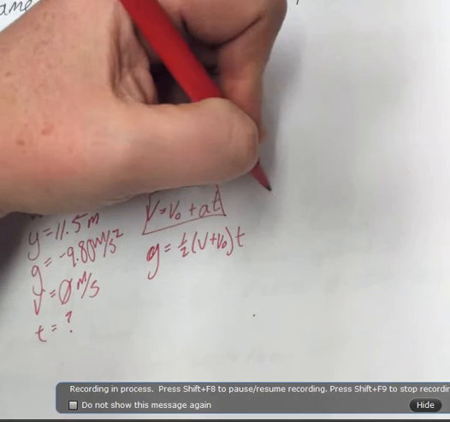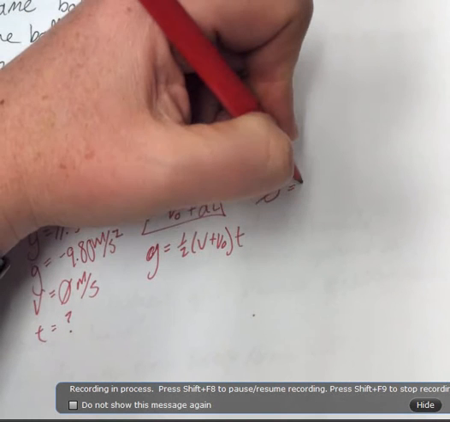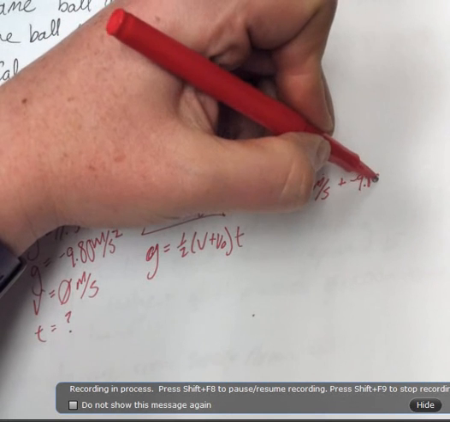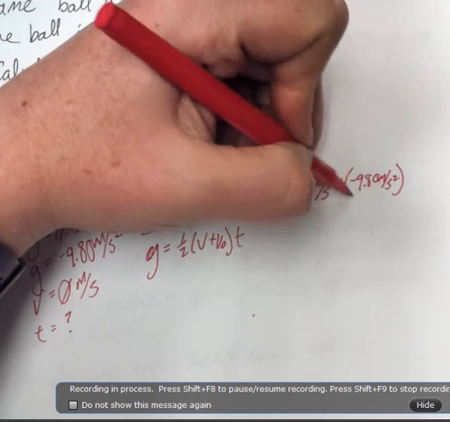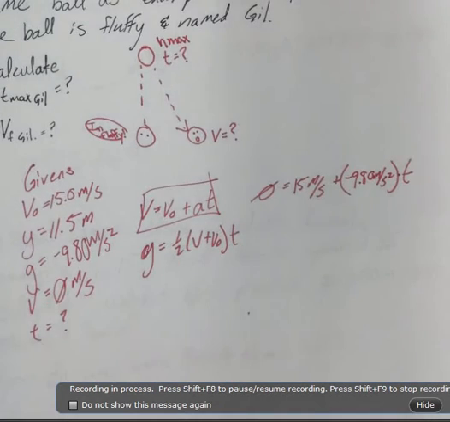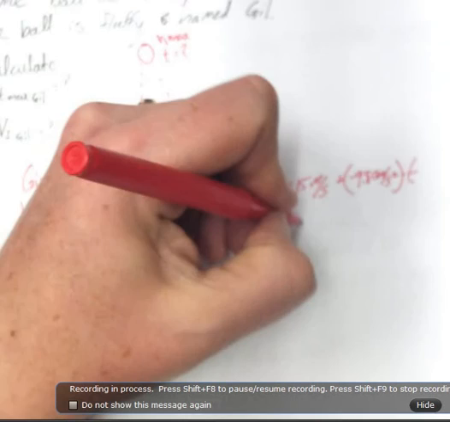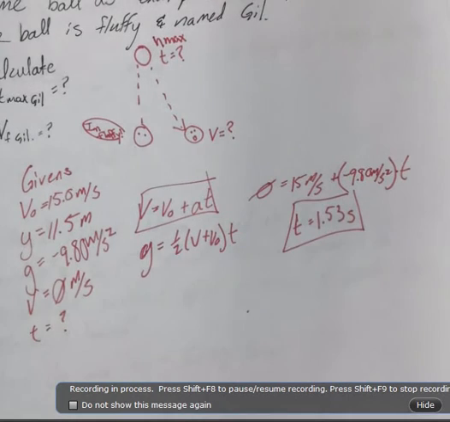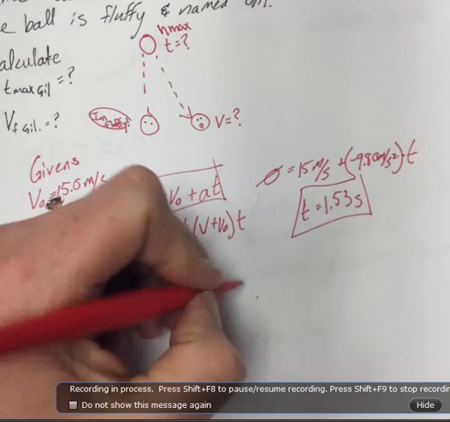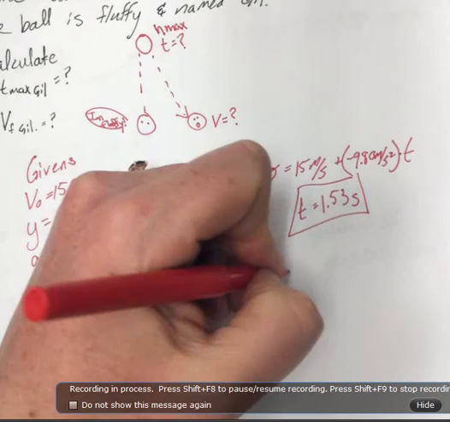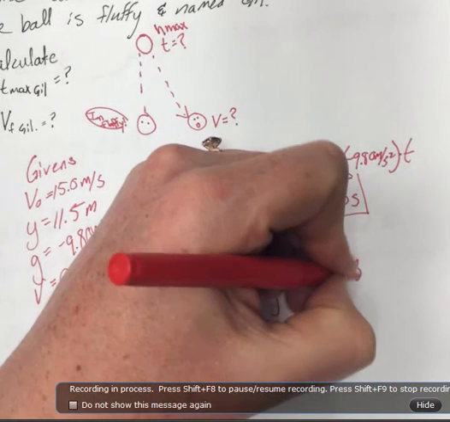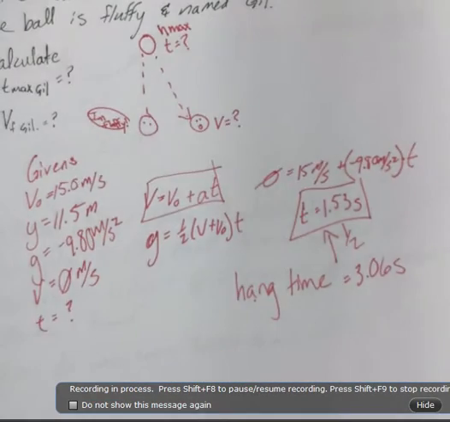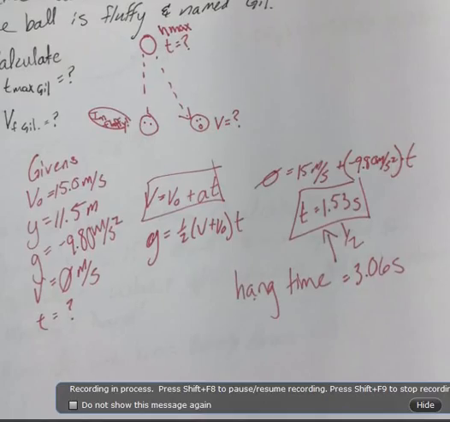All right, so our final velocity is 0, and that's going to equal 15 meters per second plus the acceleration, negative 9.80 meters per second squared, times time. I solve for time, and I'm going to get that time equals 1.53 seconds. All right, one of the really cool things to note here is our total hang time was 3.06 seconds, and this right here is exactly 1/2 of our total hang time, which means that we've found